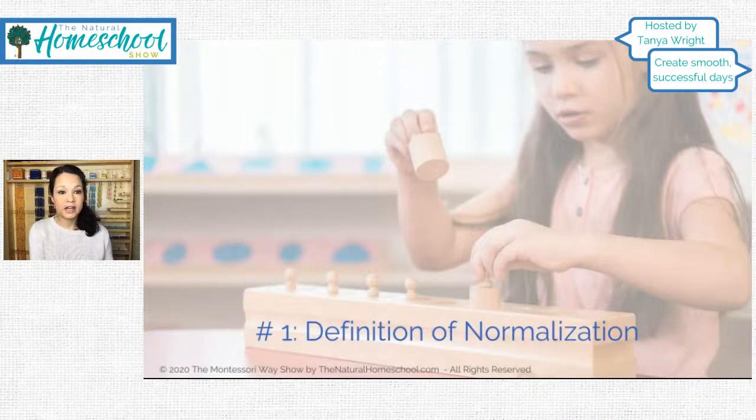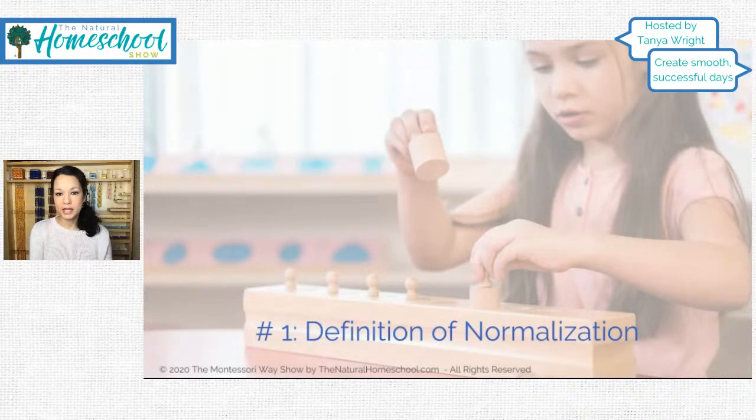Maybe if the line has a specific order, children have to stand in line in a specific order, then knowing that without the teacher having to repeat it over and over would be one of the behaviors of normalization. Maybe knowing the routine for the schedule, the way the class goes. You check homework first, and then you start with this page or that page. Whatever is a routine, whatever will constantly happen on a regular basis, that you will find yourself repeating over and over, that is one of the things that you want to tackle